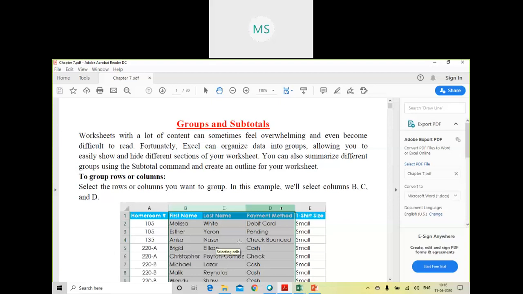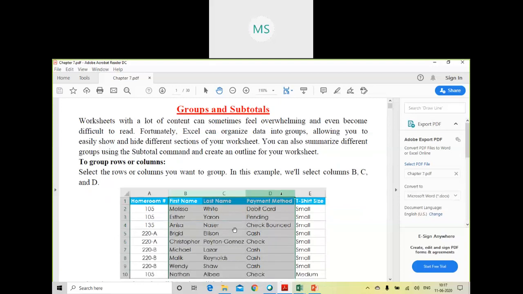Other than that, it also helps you to summarize all the groups which you have created by using the subtotal command, where subtotal provides you the total count of elements or total of a particular cell value depending on a particular group. Okay, so we will see all these examples now.